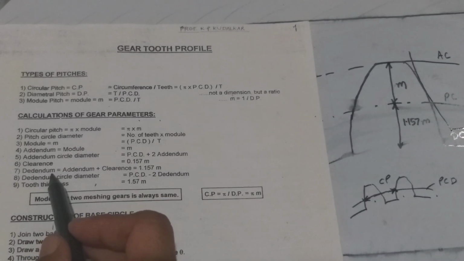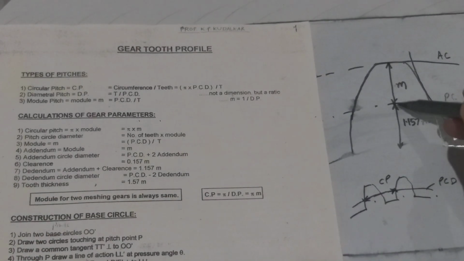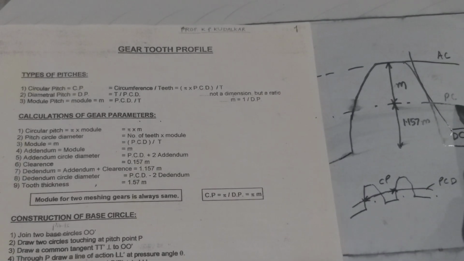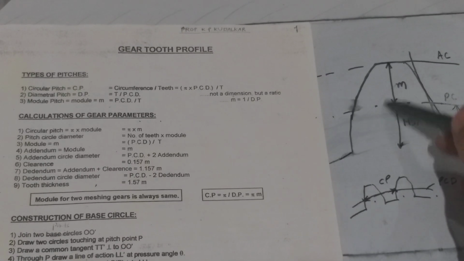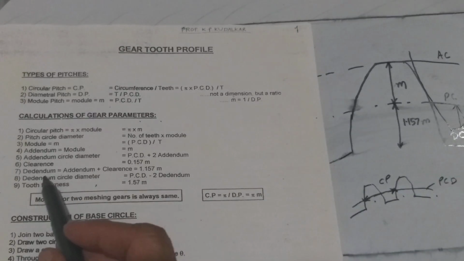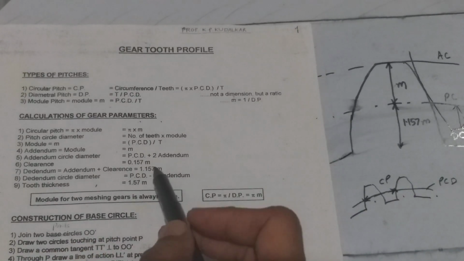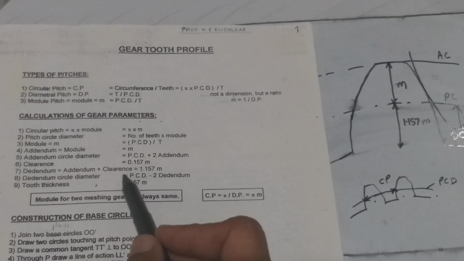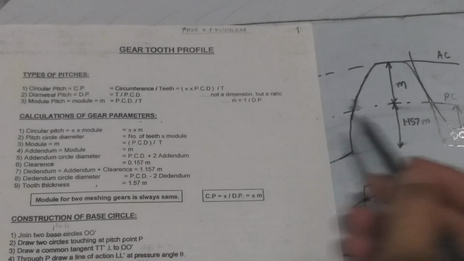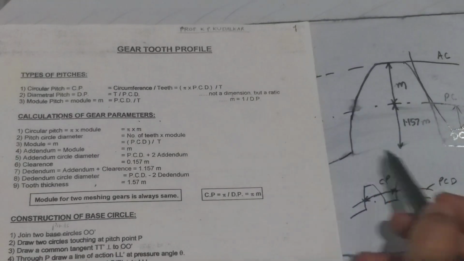The next term is dedendum. Now what is dedendum? From this point to the root of the tooth, this is called a dedendum. So that dedendum is addendum plus clearance. Because this addendum is for this gear, this addendum is for the other gear. The addendum of both the gears is always the same. So addendum plus clearance makes the dedendum. So you can see here dedendum is equal to addendum plus clearance. So you add m, plus you add this. So that makes it 1.157 times m, that is the dedendum. It's very easy to understand.